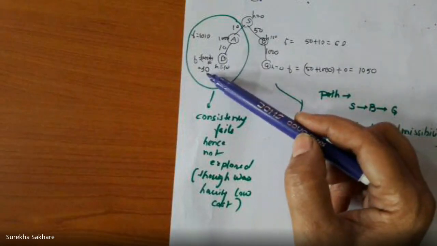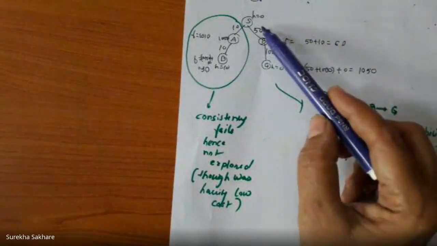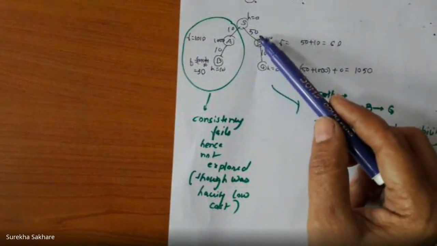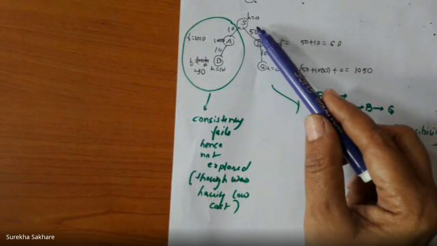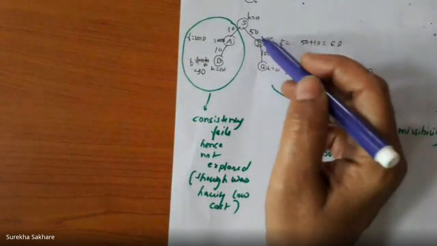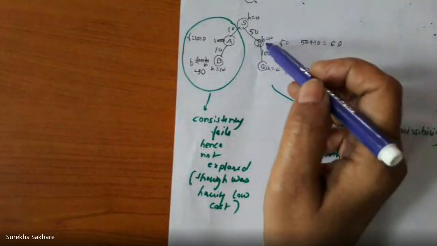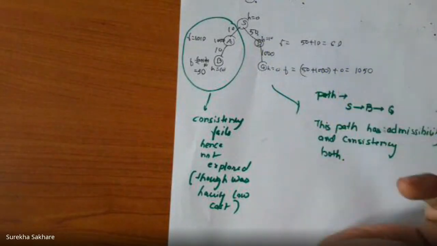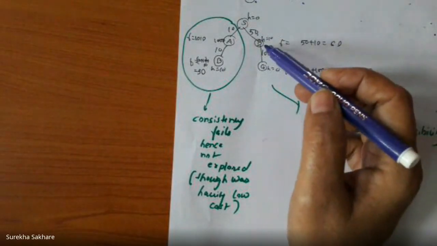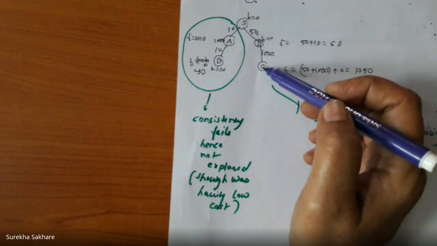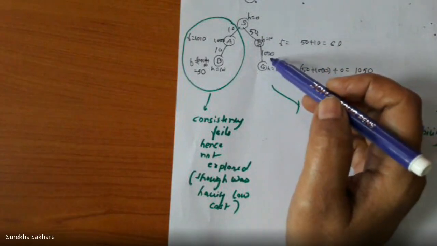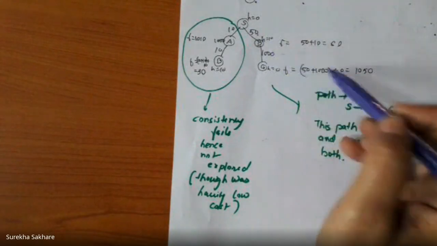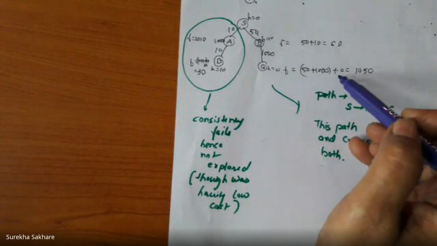On the other side, let us see what happened there. S to B is 50. The actual cost, that is the G value, between S and B is 50. Now my F here will be 50 plus heuristic 10, which is 60. Again, from B I can explore to the goal. The path cost is 1000. Here if I find the F, I have 50 plus 1000 plus heuristic 0. This becomes 1050.